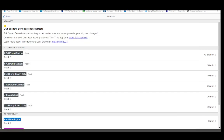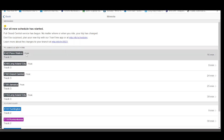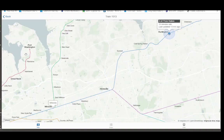Good morning. We're going to do an update on the train situation, seeing how things are going on the Long Island Railroad this morning with the new trains that we have that are on the screen. You can see here we are looking at Mineola first and taking a look at some of the trains here. We do have some missing information on some of these trains, like this train hasn't updated here, the 642 from